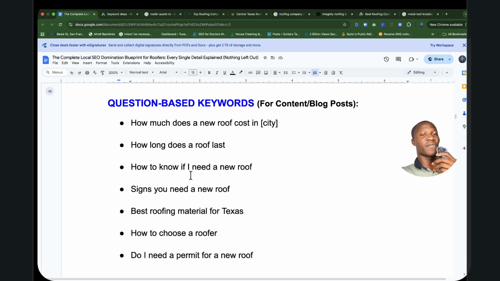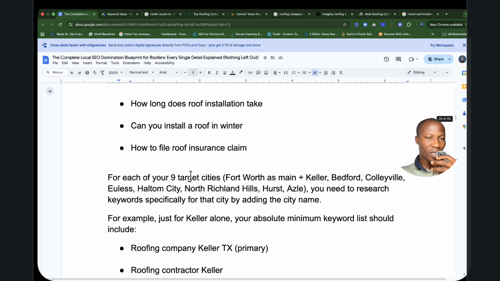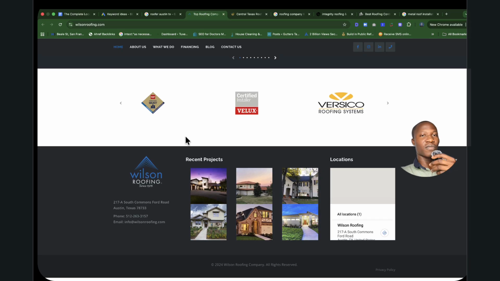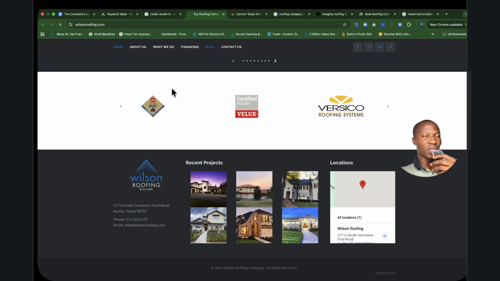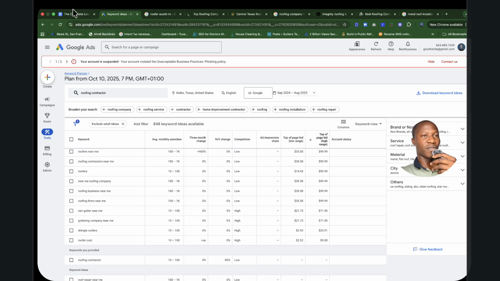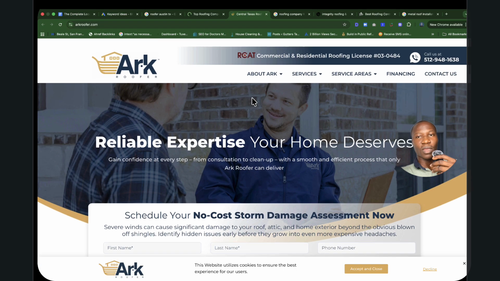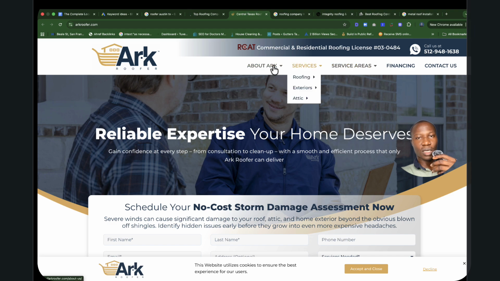Then you also need informational keywords, something to inform the user into making buying decisions, exactly what they need to know before making a purchase. So all of this forms the basics, the foundation of exactly what your website is built on. If we look at most of these websites, they all have all of these pillars. As you can see, they have blog posts. So basically the blog posts are targeting most of these keywords I've just told you about. If you look at this one also, let's see.